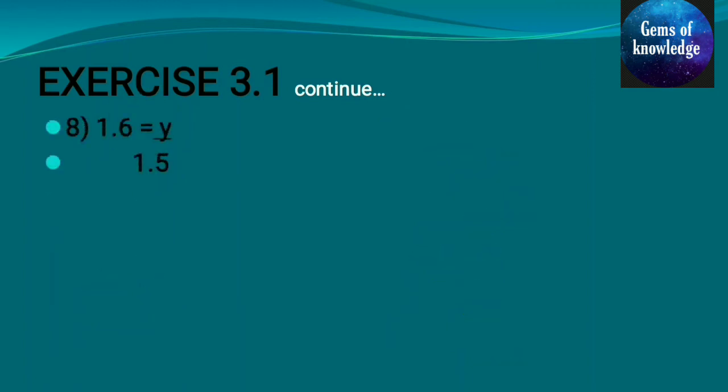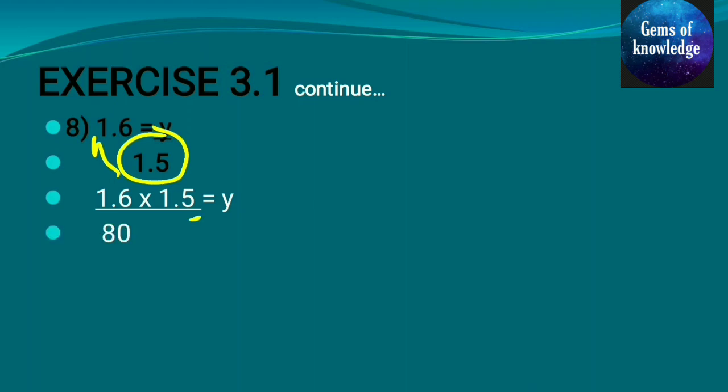So next question is 1.6 is equal to y divided by 1.5. Now we have to find the value of y. So what we have to do is move the denominator which is attached to y to the left side. So we will get 1.6 into 1.5 is equal to y. Now since it is in decimal form, we will see how to multiply this. This 5 should be multiplied by this whole 16. We will get 5 into 16, we are going to get 80.